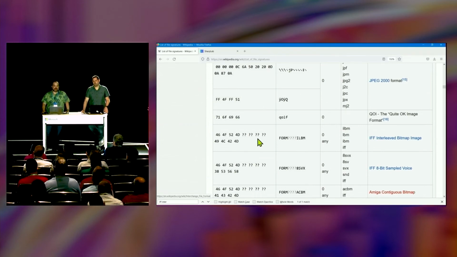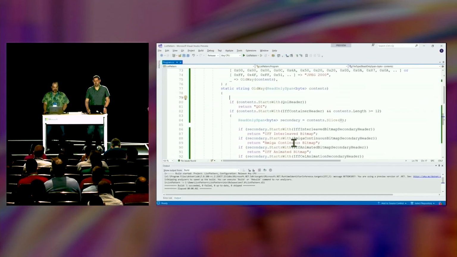It turns out the format that they're using here is a tag length content syntax, and in this case, the first tag is FORM, then it has the 4-byte length value, and then the next tag is ILBM, which identifies this file format. So what I had to do in the code when I copied this table is look for those first 4 bytes, ask if there was enough room to go ahead and check the third 4 bytes, then do a slice, and then do another check. With the list pattern,